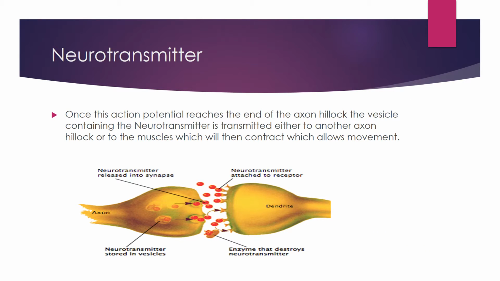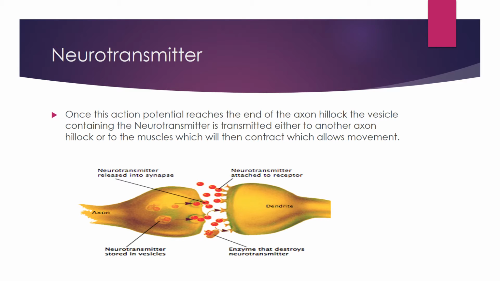Neurotransmitter. Once the action potential reaches the end of the axon, the vesicle containing the neurotransmitter is transmitted either to another axon or to the muscle, which then contracts, which allows movement. So basically, when this action potential reaches the end of the axon, neurotransmitters are stored in vesicles, and these vesicles are created by calcium. Once these vesicles contain the neurotransmitter